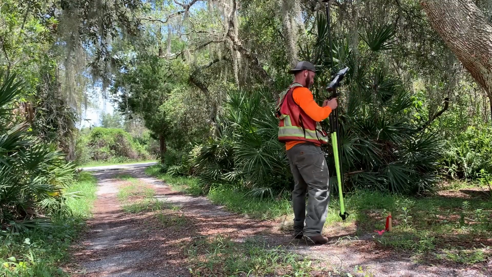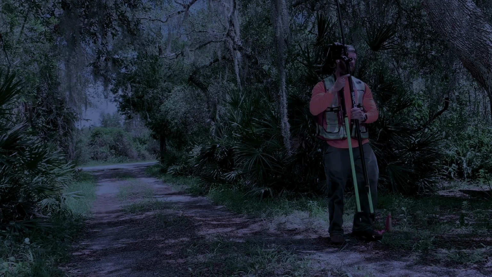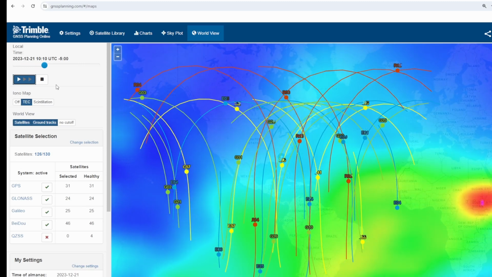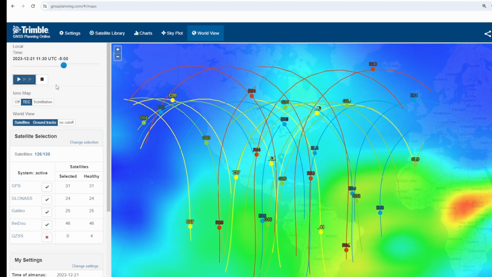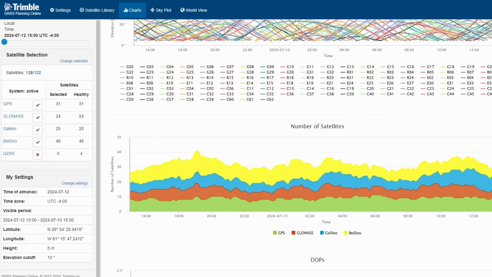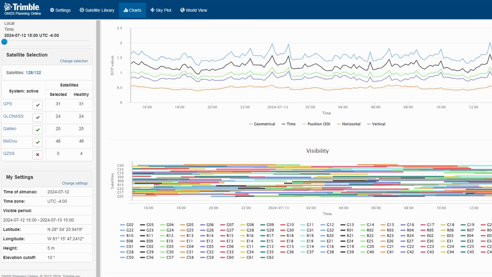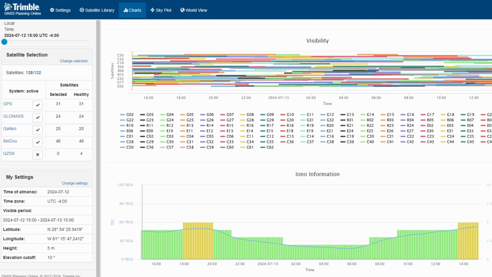It's always a good idea to take at least 2 sets of RTK observations separated by at least 4 hours to allow the satellite geometry and atmospheric conditions to significantly change between measurement epochs. If possible and time permits, it doesn't hurt to repeat this measurement scheme on a separate day as well. I also like to use GNSSplanning.com to verify there shouldn't be any issues with using GNSS during the planned time